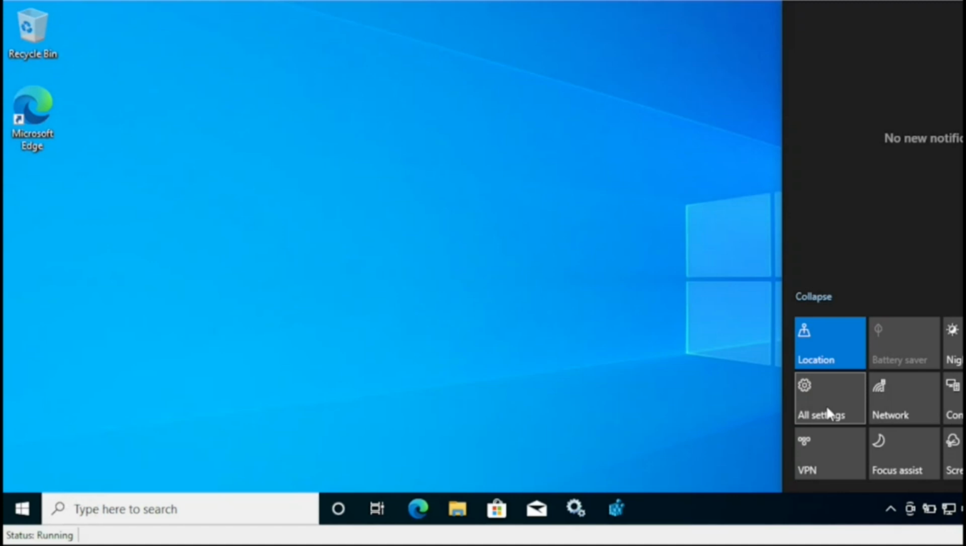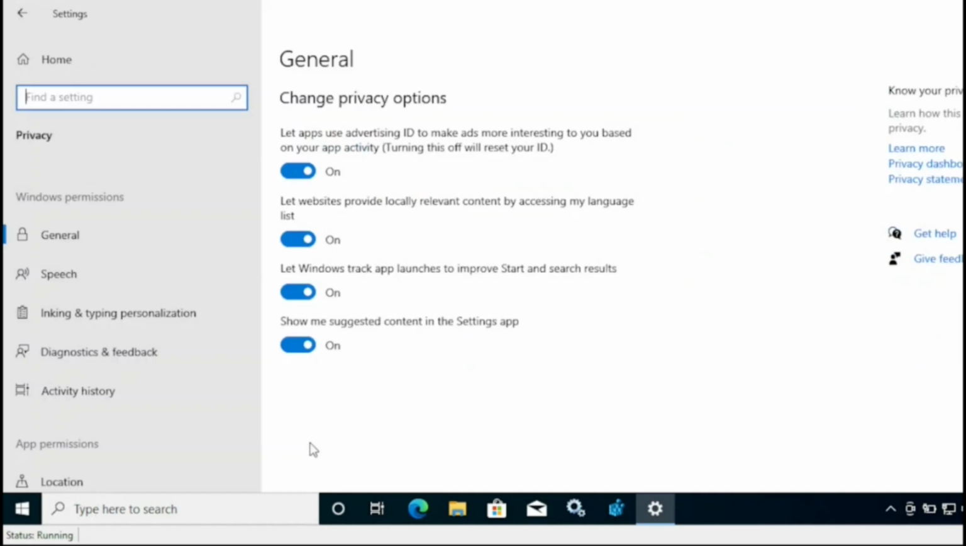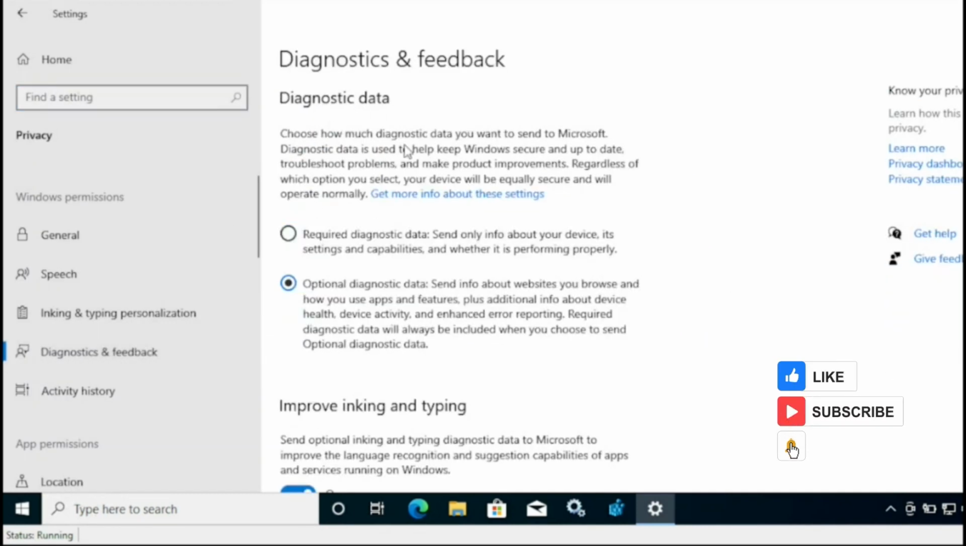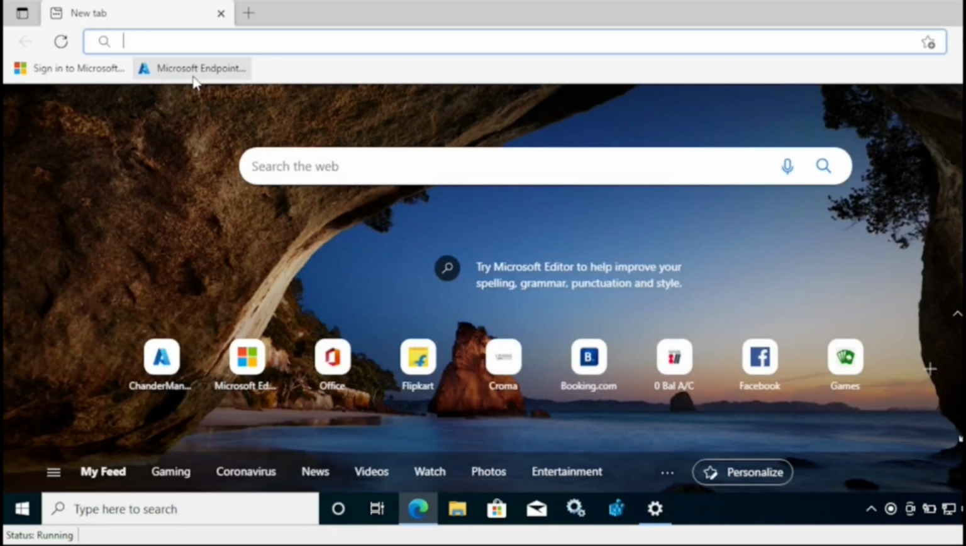I'm going to open all settings, and under all settings we have a privacy option, and then we have a diagnostic and feedback option. Here we can see that the diagnostic data is currently configured as optional diagnostic data. I'm going to configure this to required diagnostic data, which is the minimum requirement when we are creating an update policy. To configure this, I'm going to log into the Microsoft Admin Center portal,